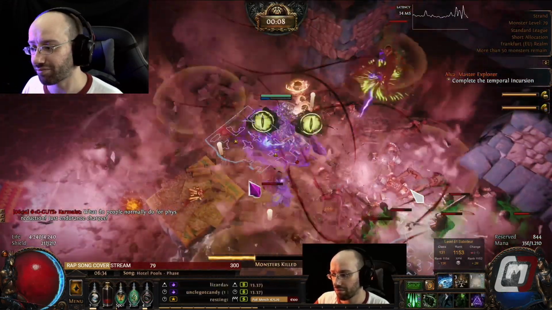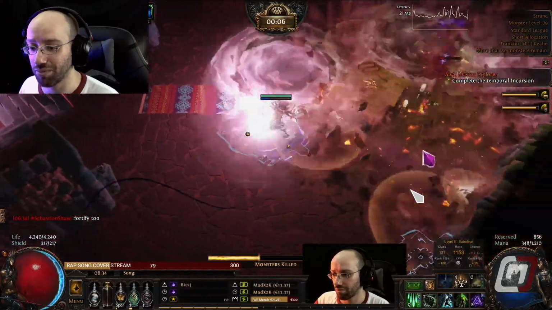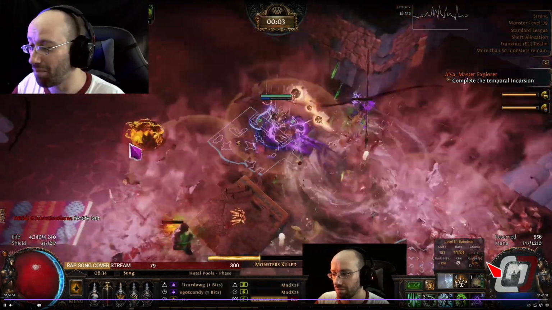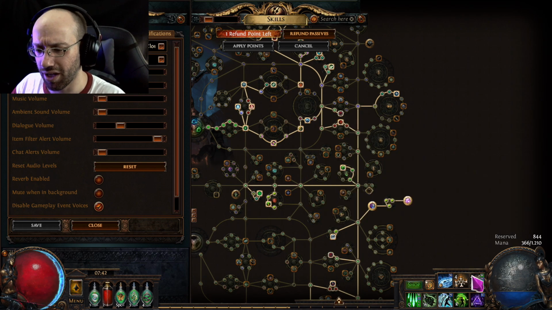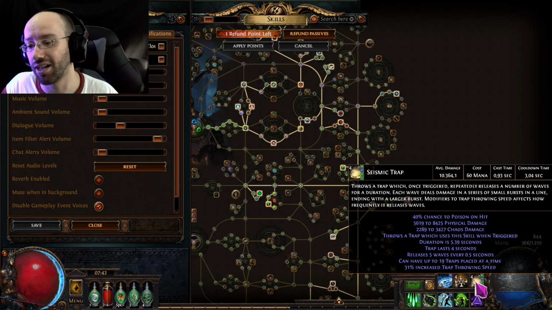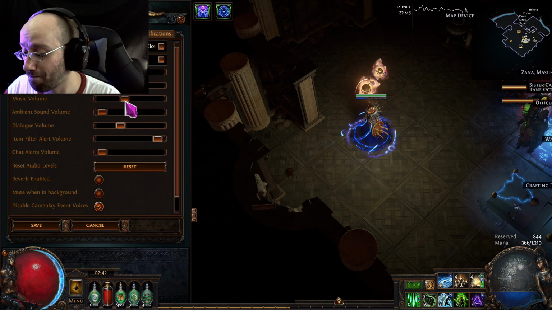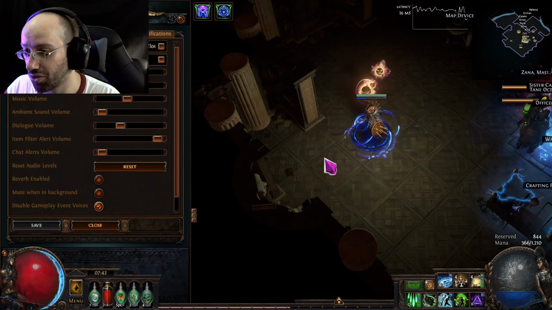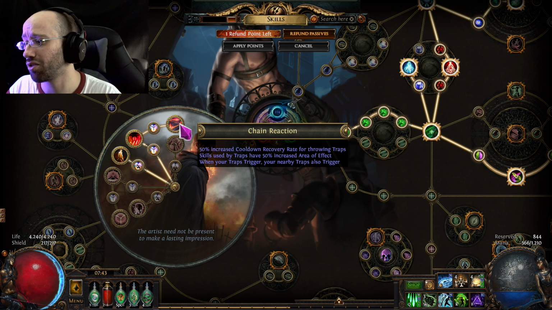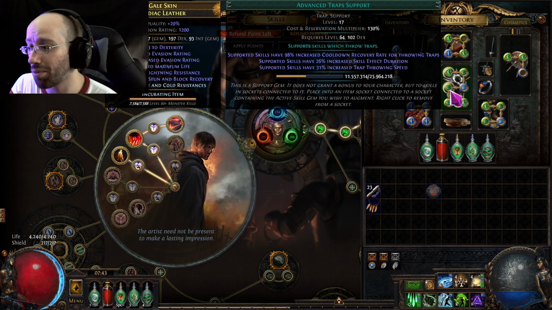And yeah, how did we get that damage and that uptime on Seismic Trap? Even though it does take a while to recover, I managed to get the cooldown down from 8 seconds base to 3 seconds now, and that's a combination of Saboteur being able to reduce it by 50%, I think, with the Ascendancy. We got Chain Reaction for 50% increased cooldown recovery rate for traps, and I used Advanced Traps, which originally I